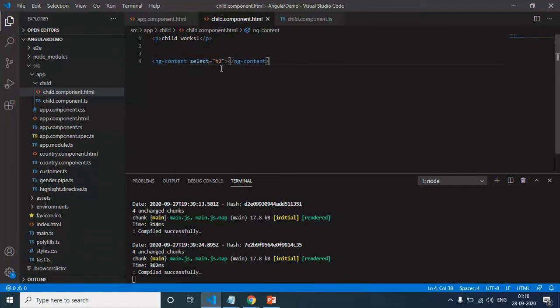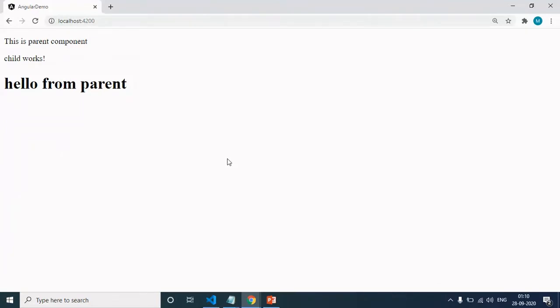And you saw that we are able to see output on the screen. So let me convert that to H1 because I am using H1 here. And here we go. Now my requirement is that on the child component, I will have some button. When I click on that button, I want to access this value.